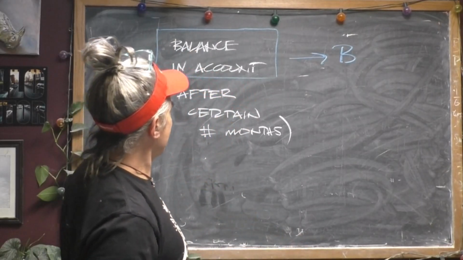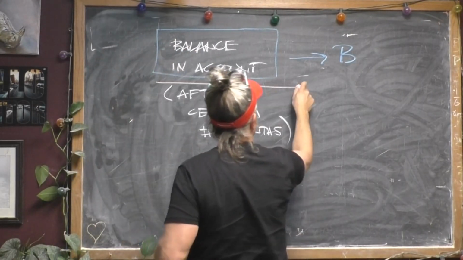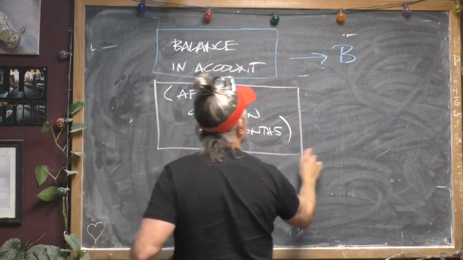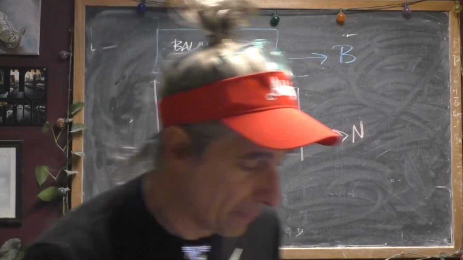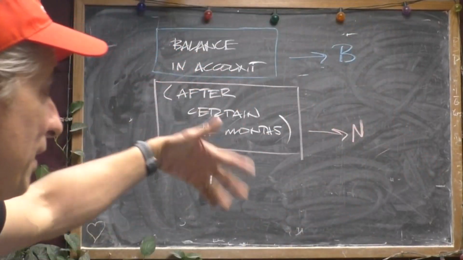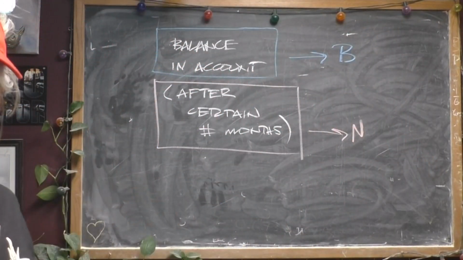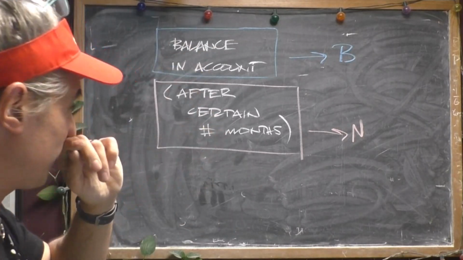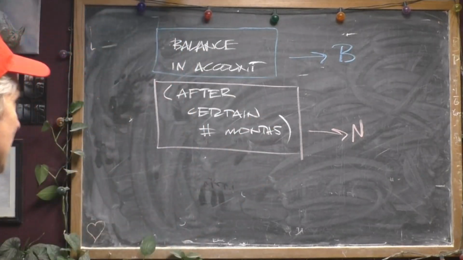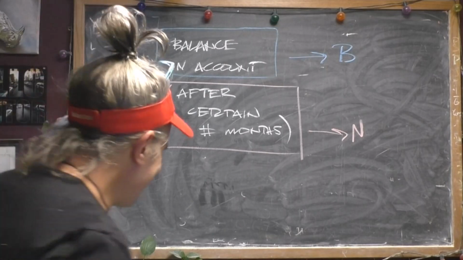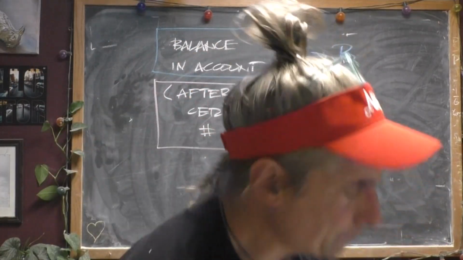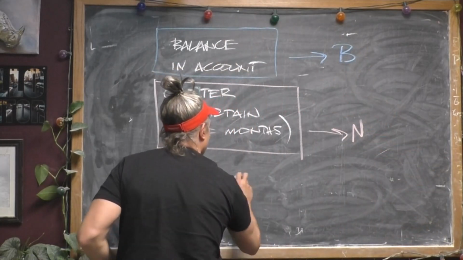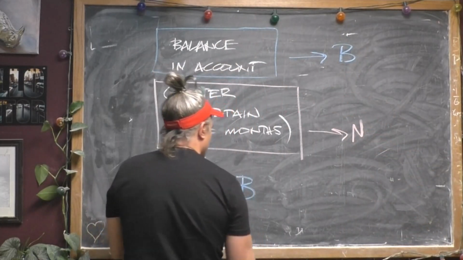After a certain number of months, we'll call that N for the number of months, or M if you want to use M for months, whatever you want to use. You can make either of these things equal anything. Super traditional math folks are going to call it Y and X for the X and Y axes. So the balance in the account, B, I'll use the colors we just did, is going to be equal to,